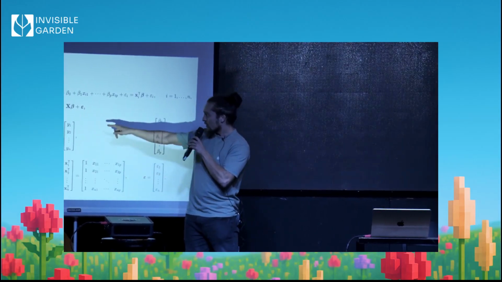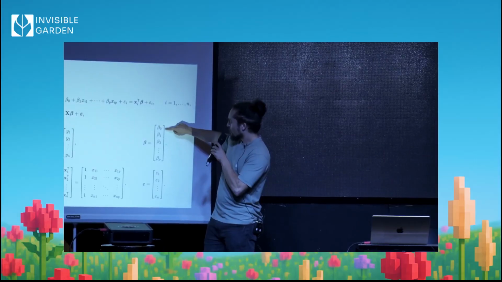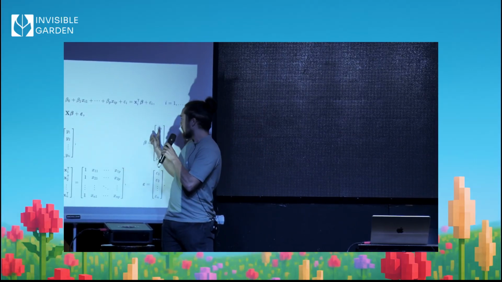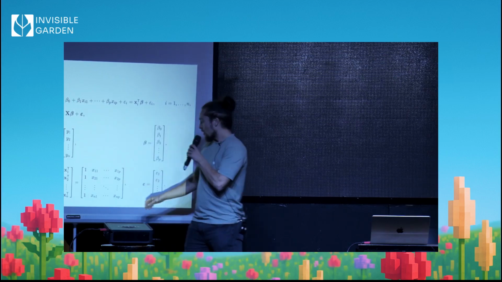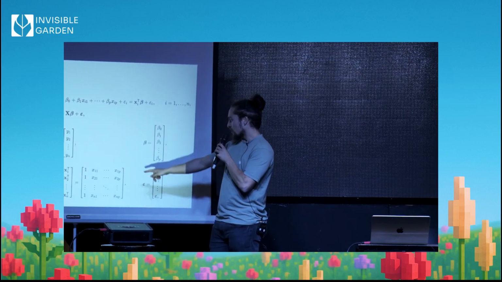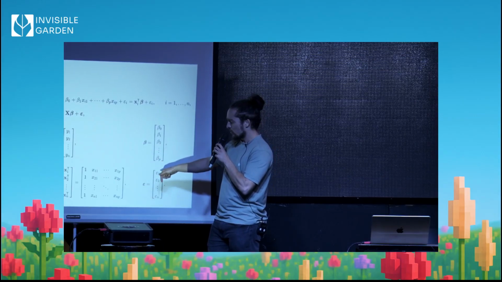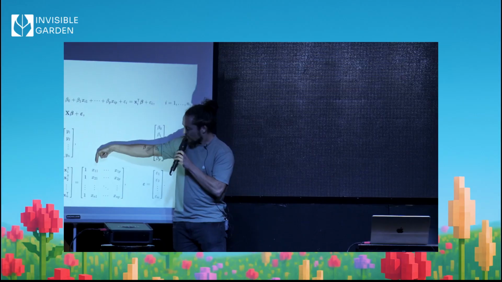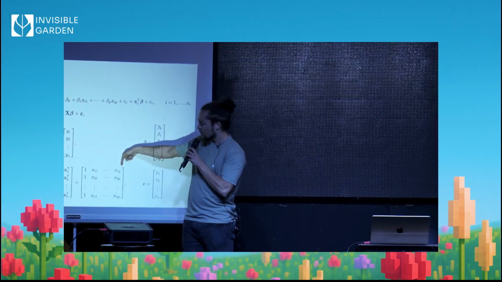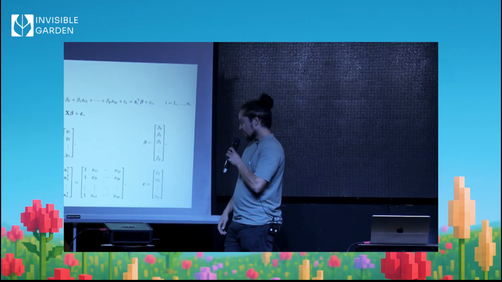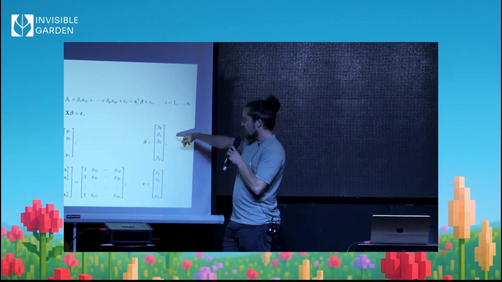So when you multiply this matrix by this vector, you're going to have only beta 0 and no x there. So it's just beta 0 times 1. And then all of the other columns will be all of your inputs for all of the samples. So each column is going to be an input, and each row is going to be a sample. And so when you multiply these with beta, you're going to have,